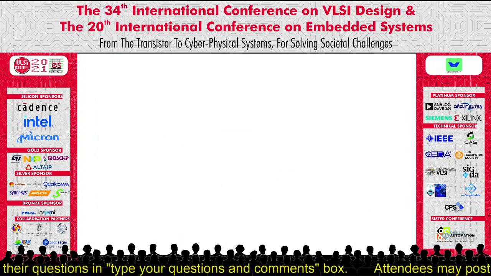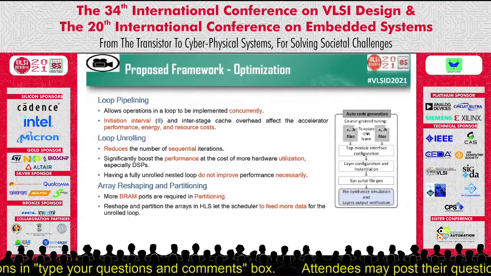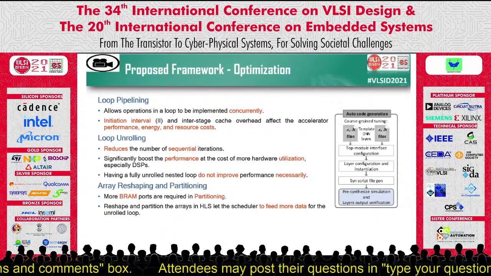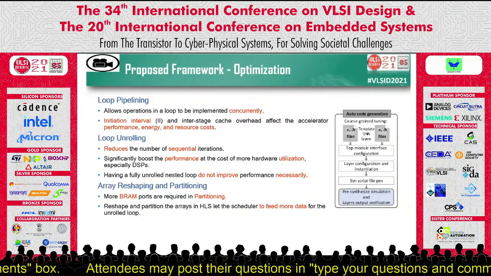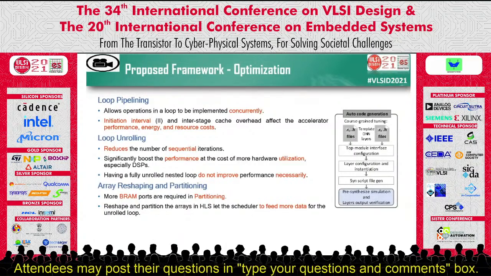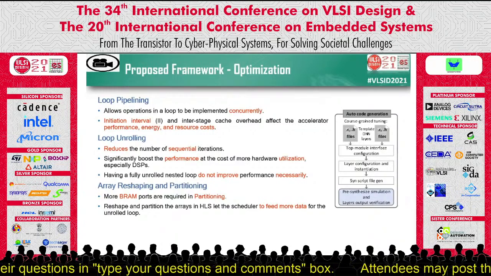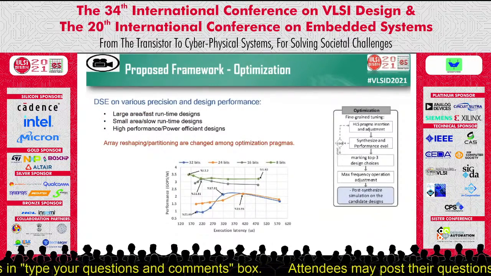Reshaping prepares more data in each cycle and lets the loop be unrolled. So in order to be able to unroll a loop, we need to provide more data at each clock cycle. As can be seen in the following figure,